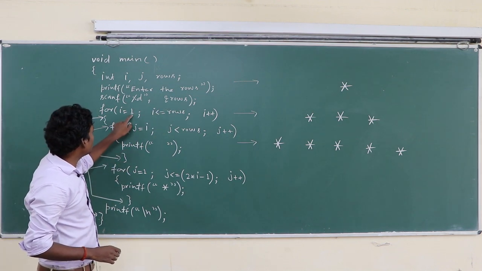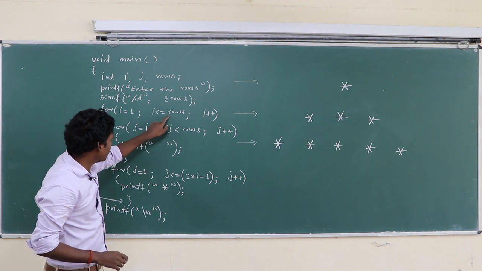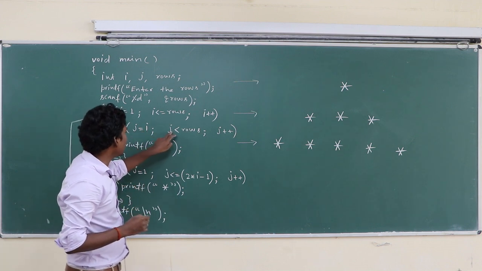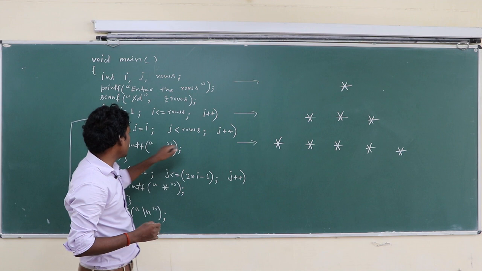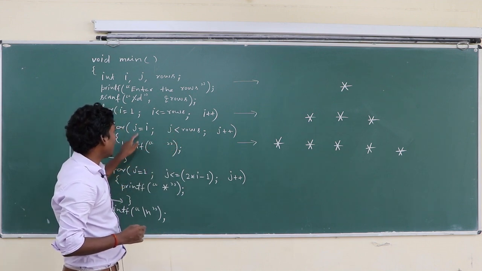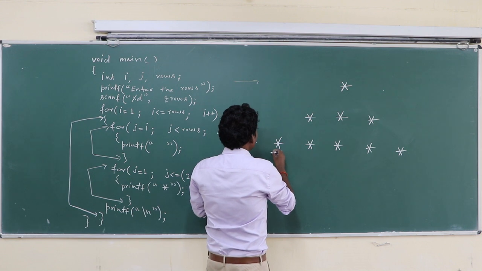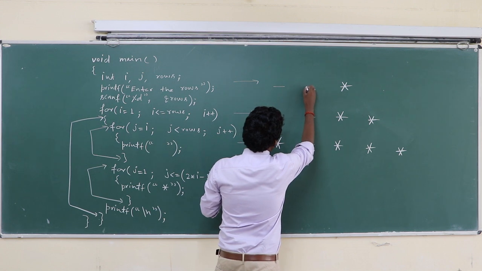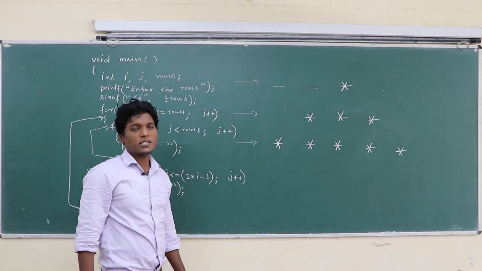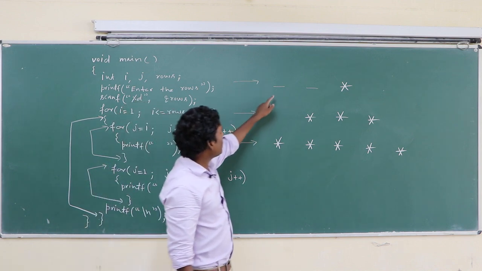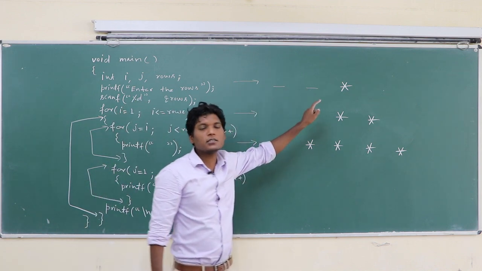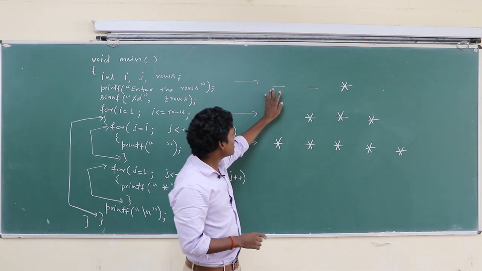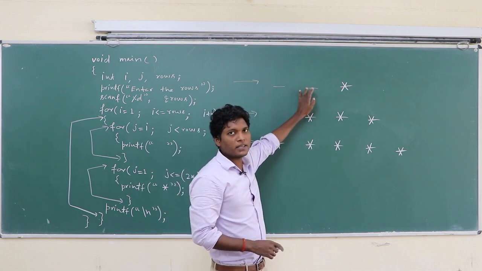Here I equals 1, I is less than or equal to 3, I plus plus. J equals 1, because I has the value 1 the first time, J is less than 3, yes, J plus plus, printf. This loop executes 2 times. So, class, 2 blank spaces will be printed here. To represent the blank space, we write this symbol. Otherwise, on the output screen, a blank space has no symbol. It just leaves the space at that place. Okay, class.